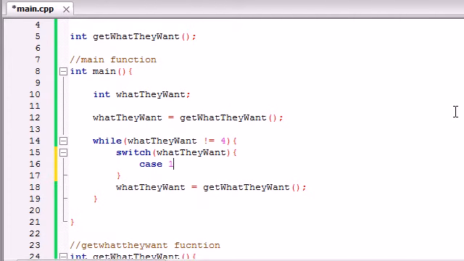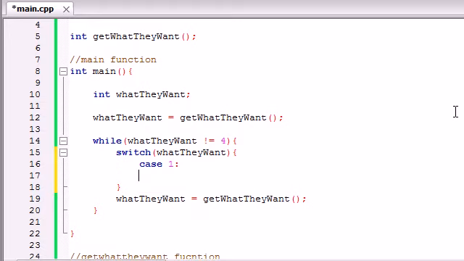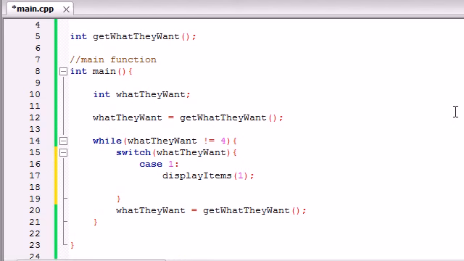So we first write, in the case of 1, what do we want to do? We want to display these items, and we can write all the code right here, but since we're going to be displaying the items multiple times, it's better to build a function later on. I didn't build this function yet, we're going to be building it later on, but let's go ahead and call a function called display items, and whenever we enter 1, we're going to pass in the parameter 1. Now display items, like I said, is going to be a function